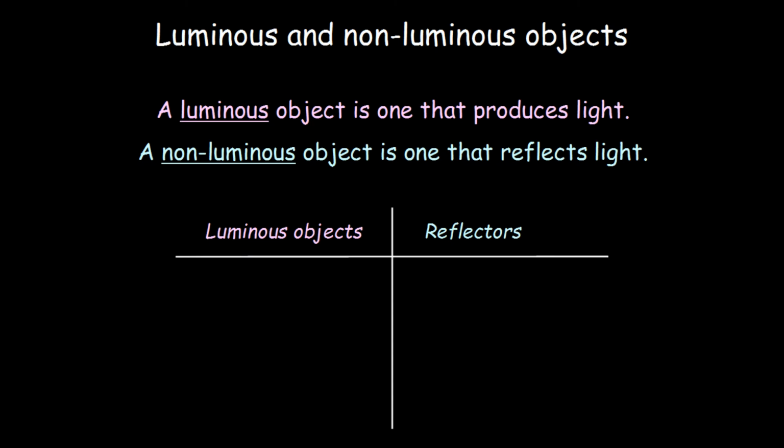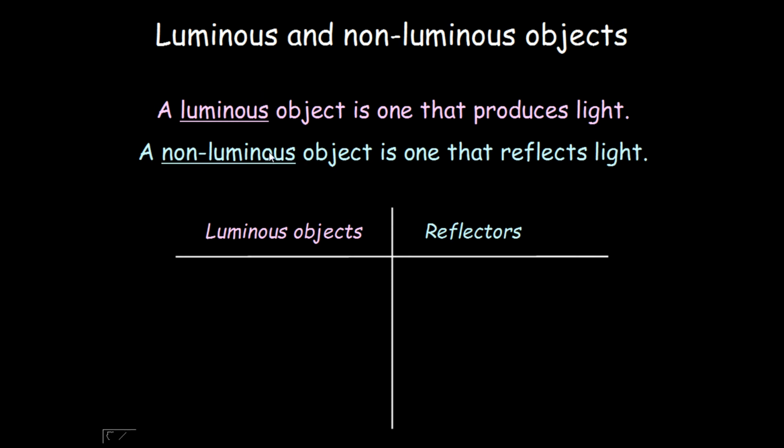Luminous and non-luminous objects. As we talked about earlier, when light strikes any surface, it gets reflected by the surface. If a surface is illuminated, it is known as a non-luminous surface, also known as an illuminated surface. So we see two types of objects. If we are seeing any object, there are two cases. The object may be luminous, meaning it generates its own light, such as the sun or a light bulb.